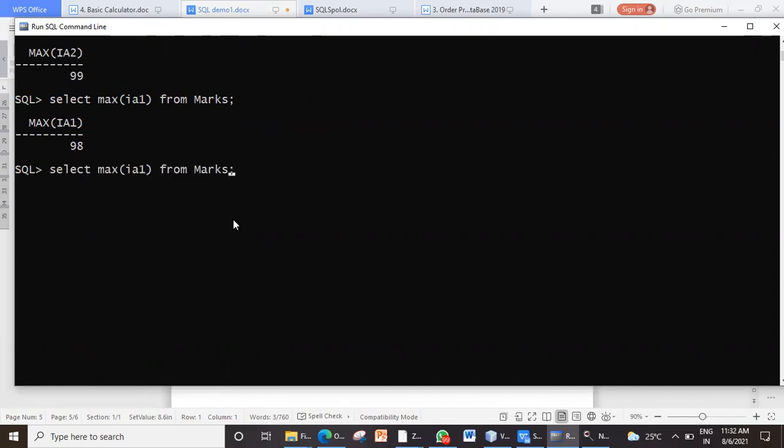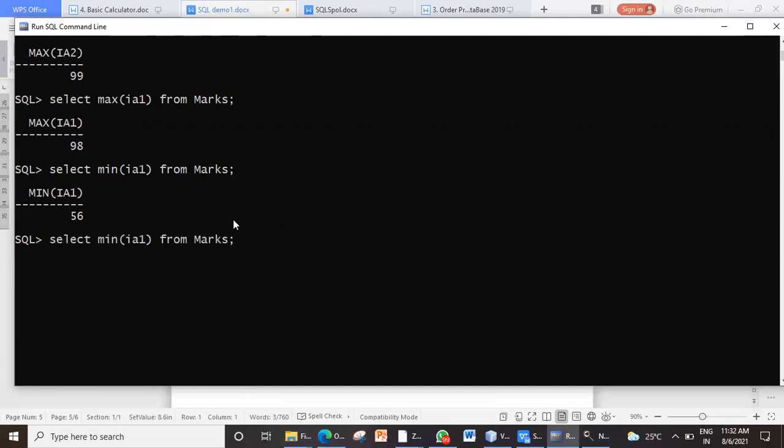Similarly, if you want to know the minimum score in internal exam 1, select min of that particular column from the table. So we have worked on max, min, sum, and AVG.